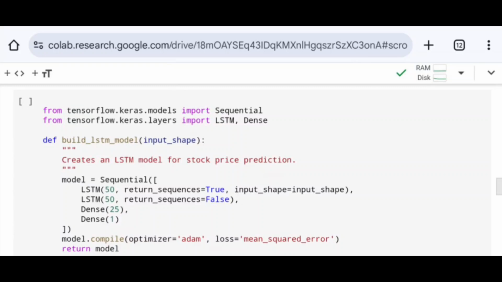the next layer. Next, I define a function, build_LSTM_model, with one parameter, input_shape, and this parameter specifies the shape of the input data. Next, I call the Sequential class, and inside the list I arrange different types of neural network layers. As you can see here, the first two layers are LSTM and the last two layers are Dense